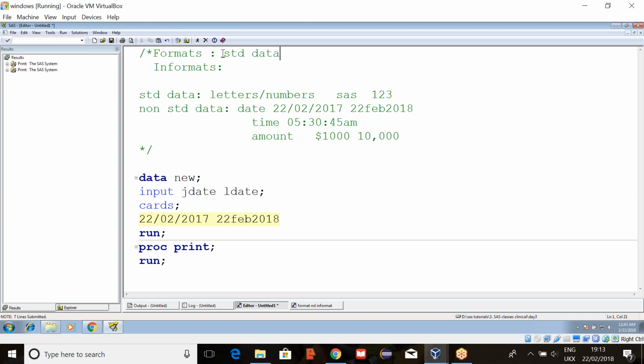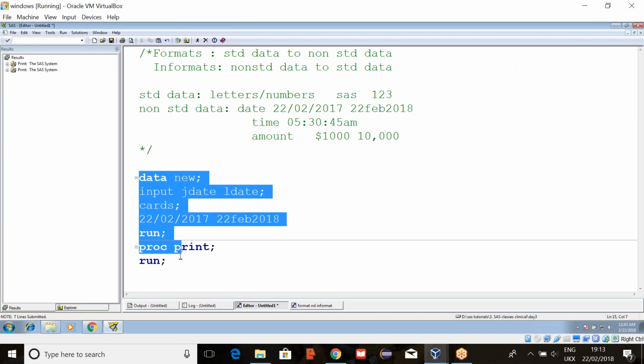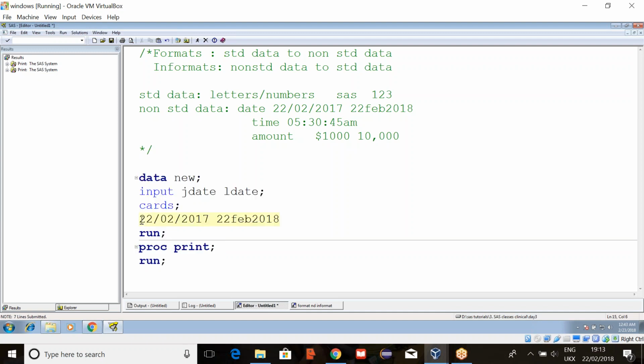Formats will convert standard data to non-standard data, and informats is vice versa: non-standard data to standard data. So now what do we have to use? What type of data is this? If you understand this point, you will be able to understand all other examples also, time and amount.